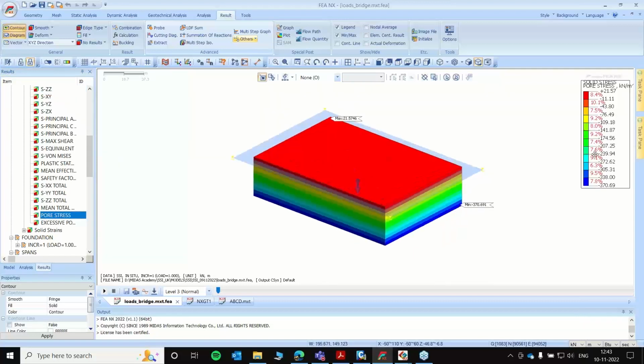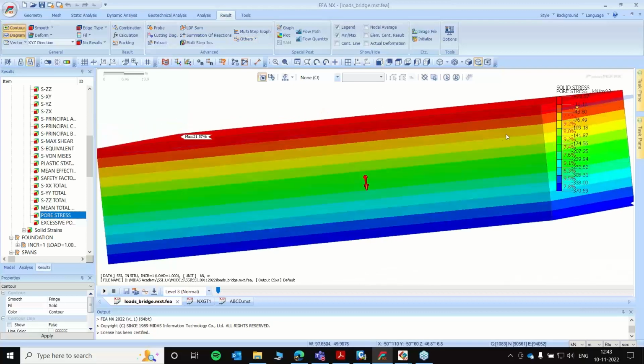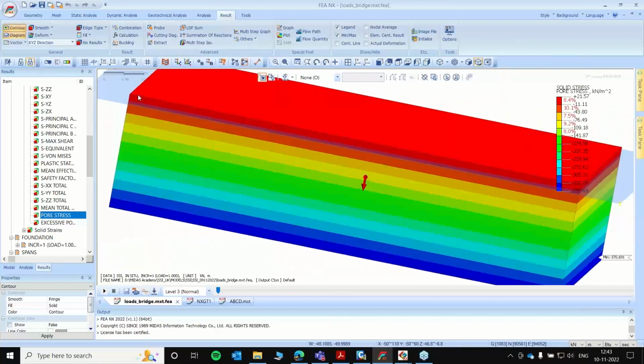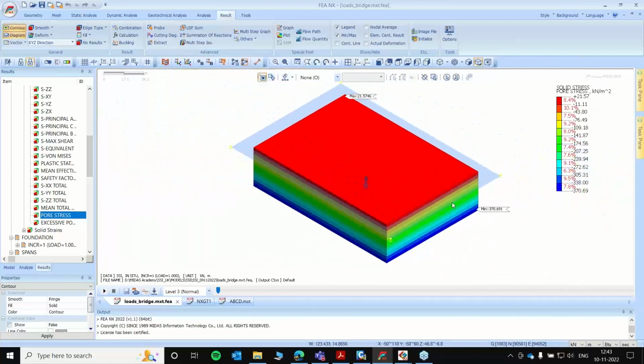Since there is no clay type soil in here, the pore pressure will be uniform, and there will be no excess pore pressure developed in here, but there will be development of negative pore pressures on the top due to capillarity. And please note that in GTS the pore pressure towards down is negative, towards up is positive.